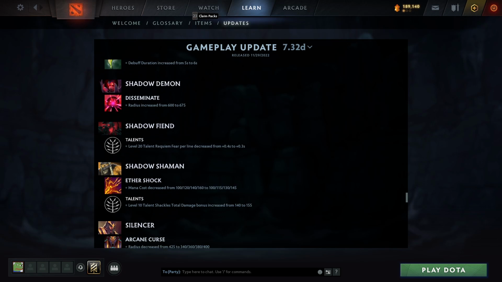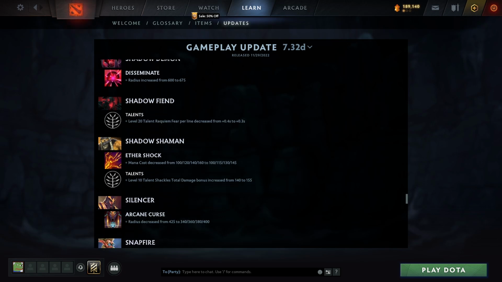A lot of these squishy supports eventually come into the meta and then get nerfed. That's just what happens. Silencer radius increased on Arcane Curse, or decreased, because this was one of the best supports right now, and mainly because of Black Hole, honestly. I feel like that's really just the reason. So we'll see now with Wraith Pact being out if actually...